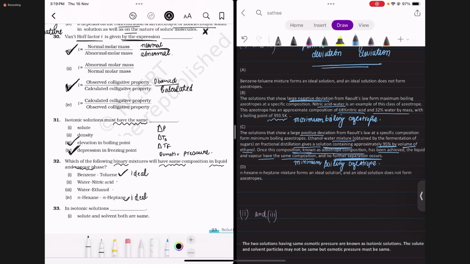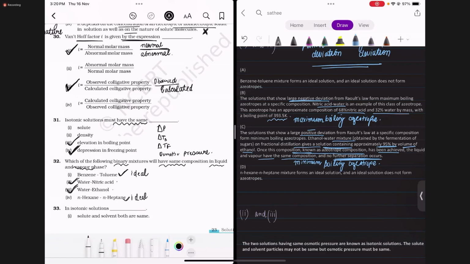So they show a positive deviation from Raoult's law, and they also form minimum boiling azeotrope. And इसके वजह से the correct options will be water and nitric acid and also water and ethanol. तो ये हो गया हमारा क्वेश्चन नंबर 32 भी. Now we come to question number 33,